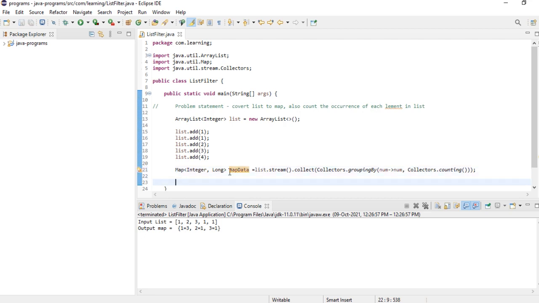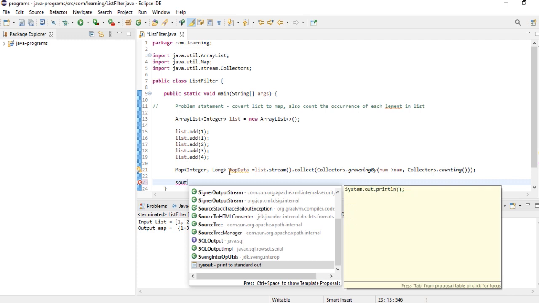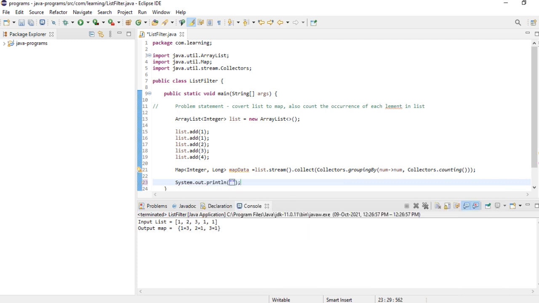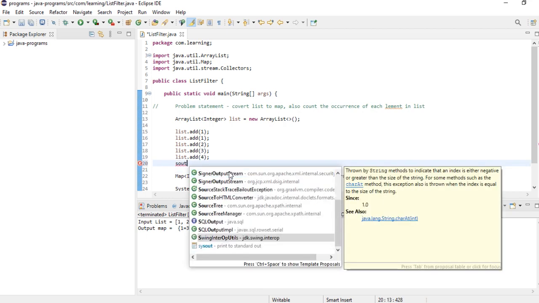Now let's go ahead and print my map. I will call it output. Let's print the map data here. And let's print our input as well.